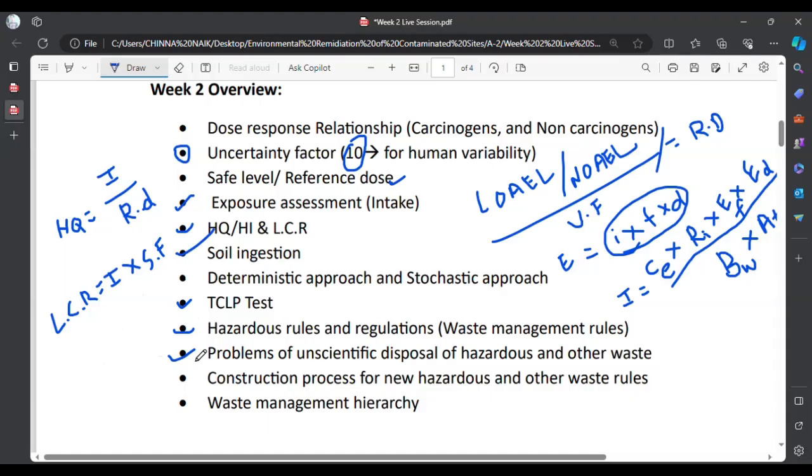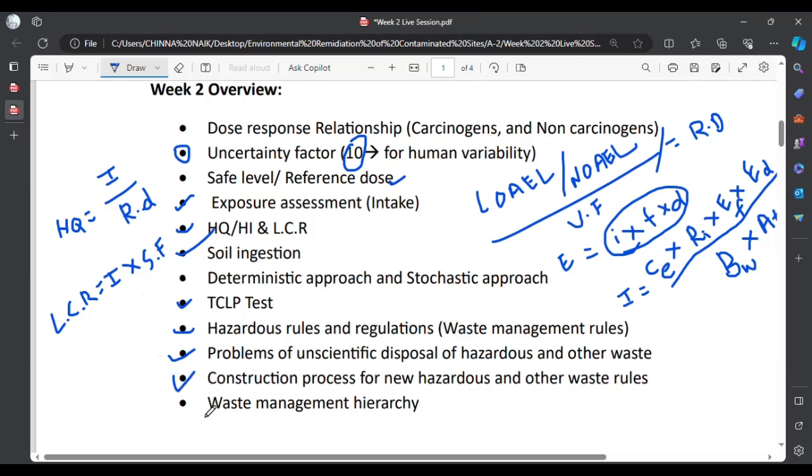Disposal in water bodies or in municipal dumps, so we should not dump hazardous waste directly into municipal solid waste. These are some unscientific disposal practices, and workers employed in such practices suffer from neurological disorders, skin diseases, genetic defects, cancer, etc. So these disposal systems need systematic management in an environmentally sound manner. Okay,